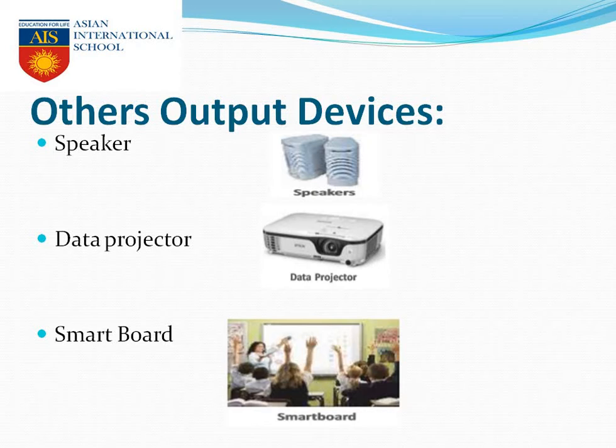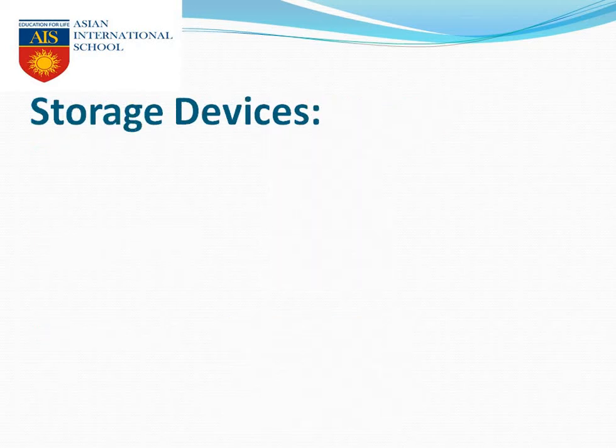for easy communication. Next is the storage device. What comes to our mind? The purpose of a storage device is to store the information in the computer permanently. So what comes to our mind is the hard disk drive. Your hard disk is the computer memory which we use to store the information in the computer permanently.